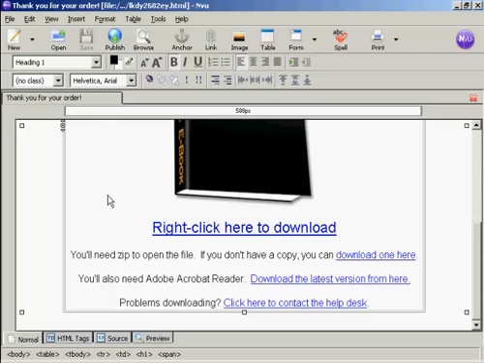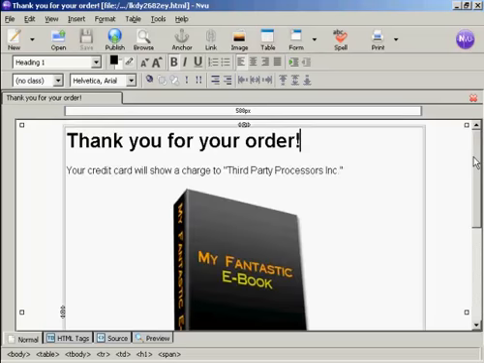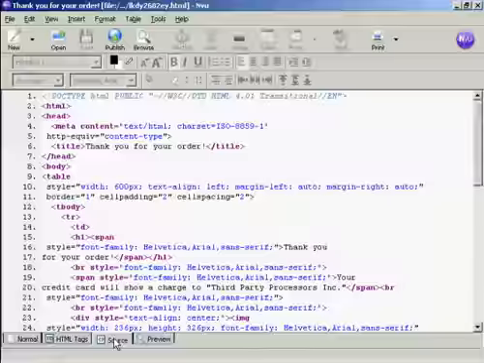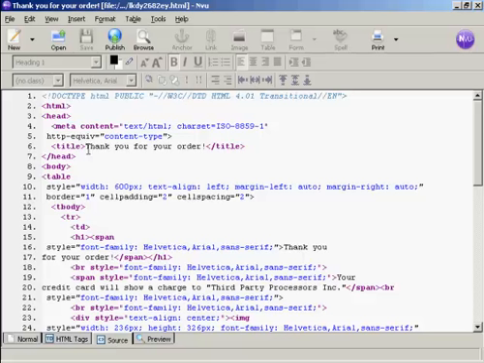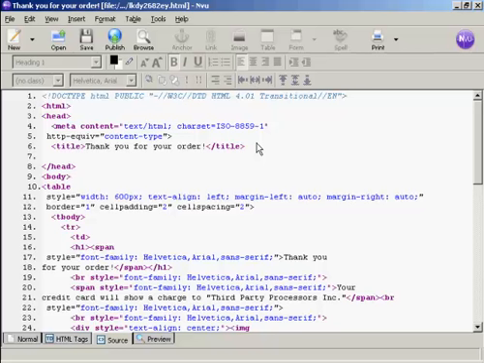Now the last thing to do is to stop the search engines from listing this, and the simplest way to do this is to edit the source code. Click here on the source code tab, and up here in the head tag area you want to put a meta tag for the robots. So we type here left arrow meta space name